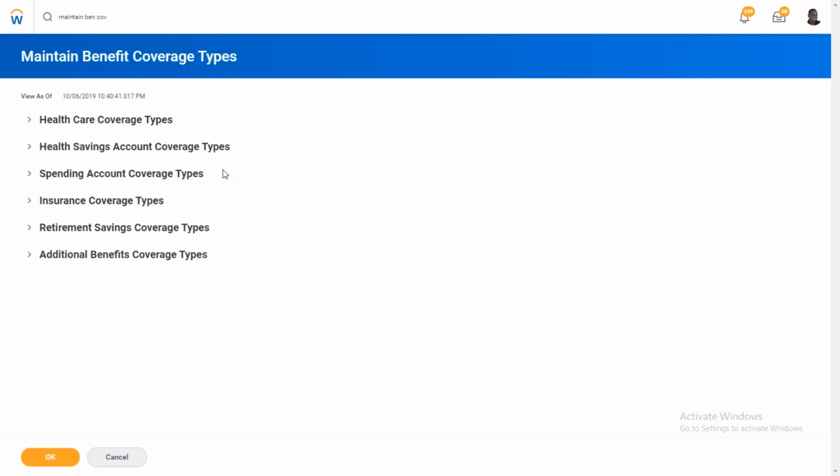Healthcare coverage types. Most of the organizations are providing healthcare benefits to employees. It can be a group policy, it can be an individual policy, individual employee, or it can be a policy sponsored by the client for a project also. In this healthcare benefits, the employer needs to contribute, right?